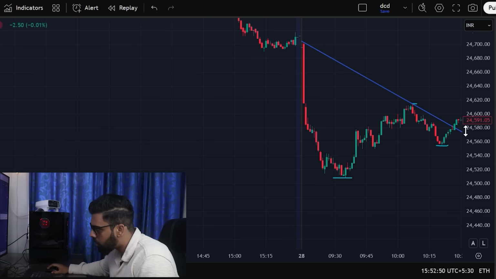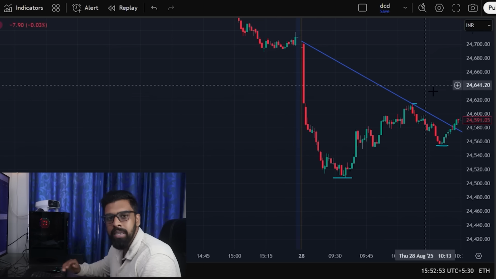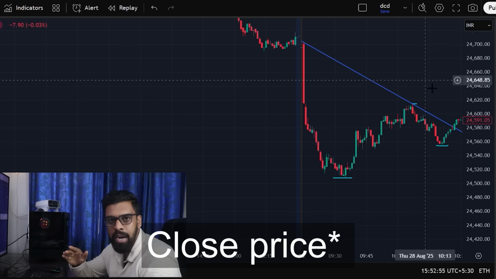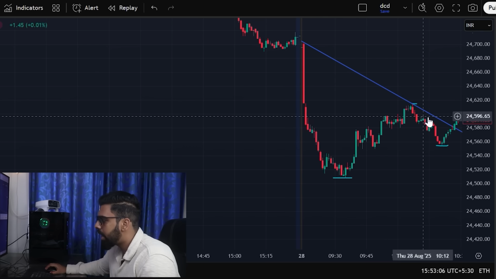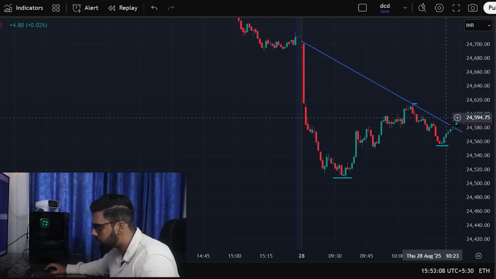So this here is the confirmation candle, and the open price of the confirmation candle has to be higher than the close price of the previous candle, that is the breakout candle. Only then the trade is confirmed. That is, the W pattern breakout is confirmed. So we'll be entering at around 24,600, guys,